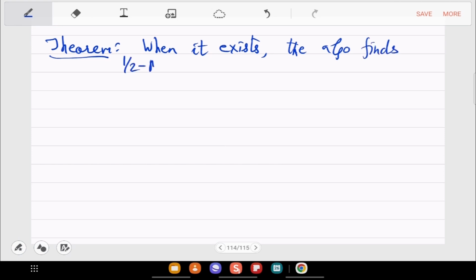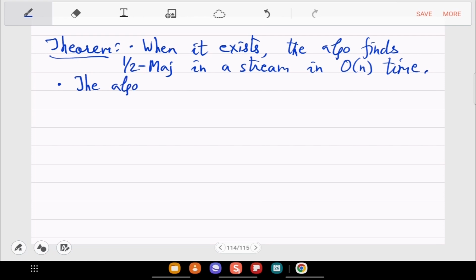So the algorithm finds the half majority in a stream in order n time, and the algorithm can verify in 2 scans, or in an extra scan.